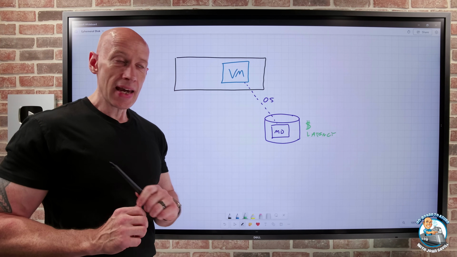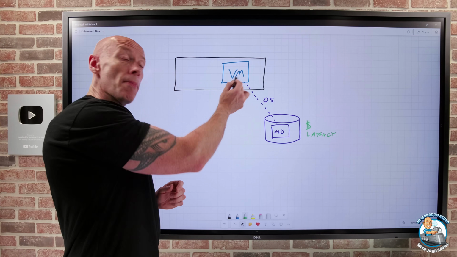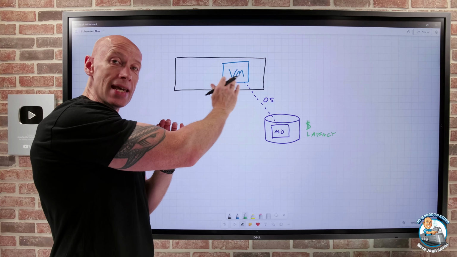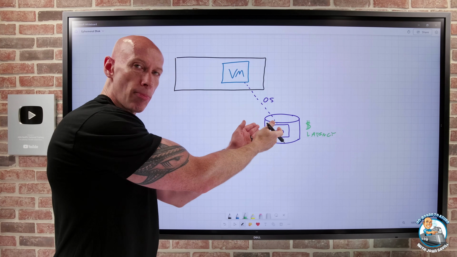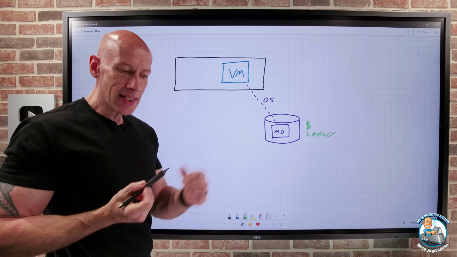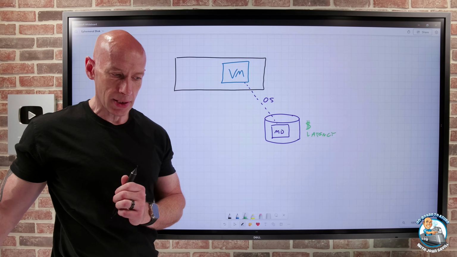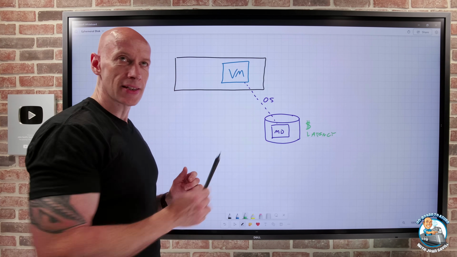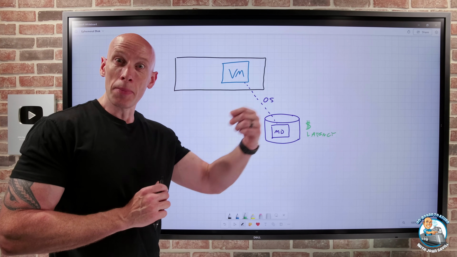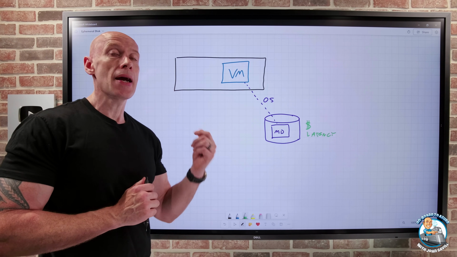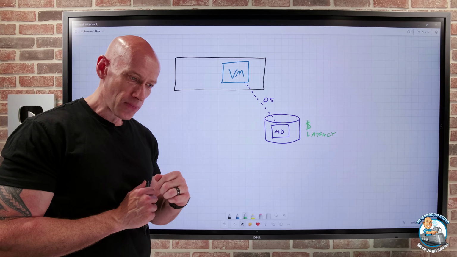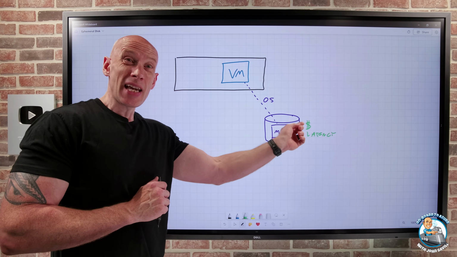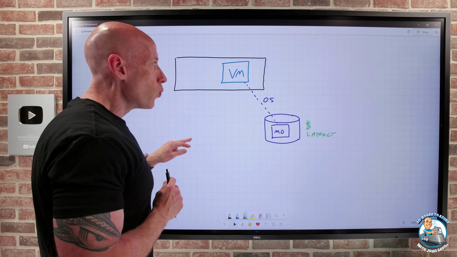But the benefit here is I can hibernate this virtual machine. I can stop and deallocate it so it's no longer consuming any compute. This is a separate resource. I'm still going to maintain the state of that operating system. But there are times I don't care about the state of the operating system. It's not a pet. We use the term cattle, where there's nothing particularly unique about that operating system. And so why use a managed disk that costs me money and potentially has lower performance than what's locally